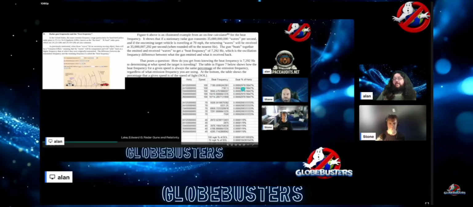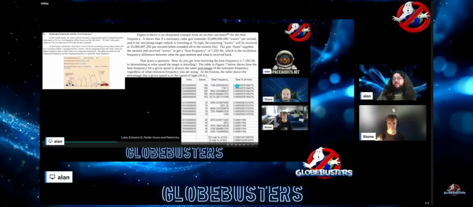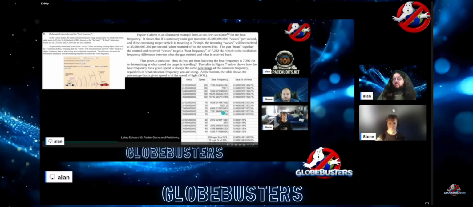It's actually called a beat frequency. So for every frequency emitted, it's going to change proportional to a velocity component, and you could ratio that out to whatever velocity you want. It's going to change that original frequency proportional to that velocity. So by getting whatever you send out, a beat frequency table can be referenced to tell you what velocity component that was. And that's what this gentleman established here with his spreadsheet.